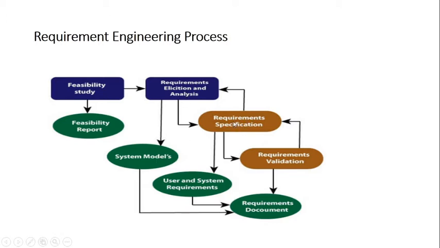After specification, we get user and system requirements, right? After validation, we get the requirement document, that is SRS. So what does this SRS consist of? You can see the flow of these arrows. This SRS consists of user and system requirements along with the models. So SRS document, you can say it consists of the requirements as well as it also takes help of certain models to understand your system in a better way.